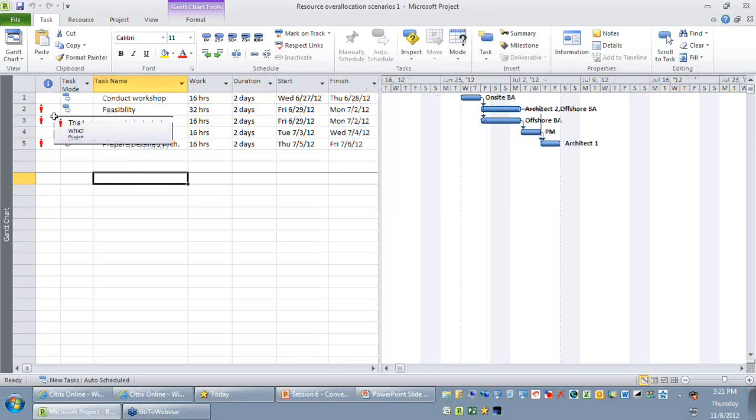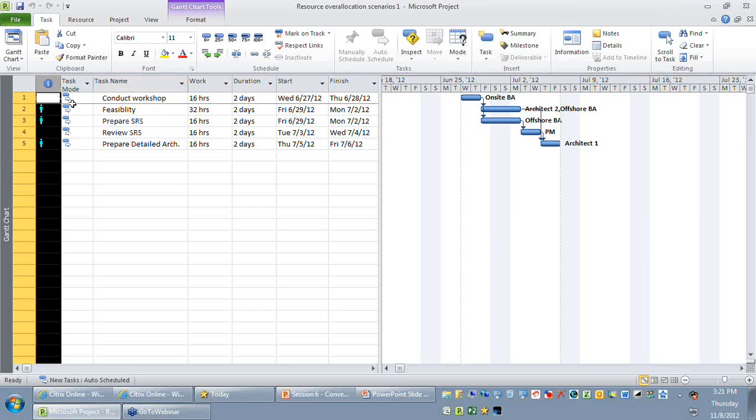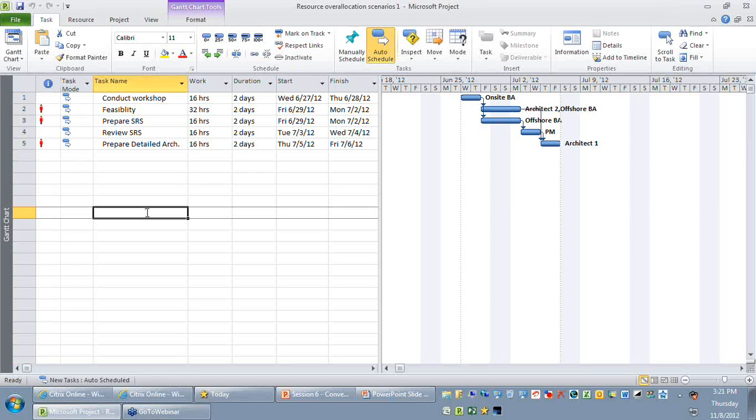This icon, right, if you do a mouse over on top of this, it says this task has resources assigned which are overallocated, and right click for looking at options. So at least this gives you a visual indicator that you have some problem with your respective schedule. So in order to resolve this problem, I just need to do a right click, and you can see there are three options given to you.